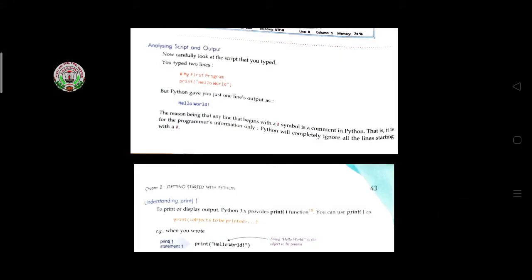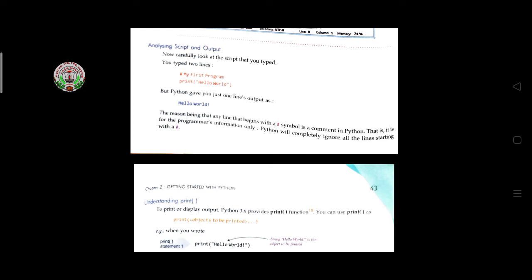Now, analyzing the script and output. Carefully look at the script that you typed. You typed 2 lines: hash my first program, then print hello world. But Python gave you just 1 line of output, hello world. The reason is that any line that begins with the hash symbol is a comment in Python.